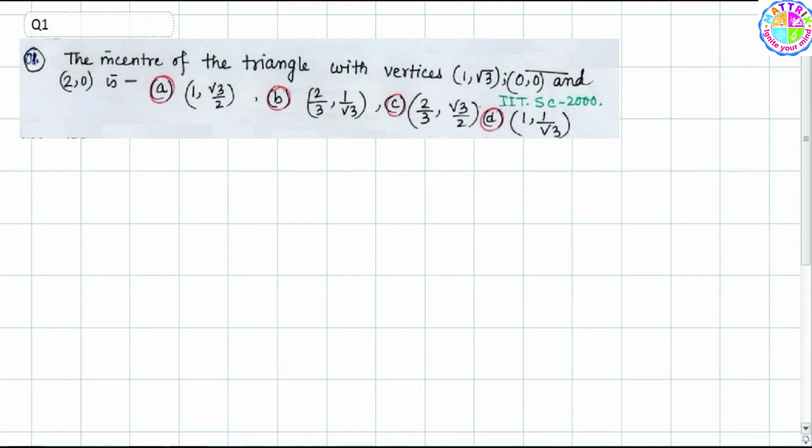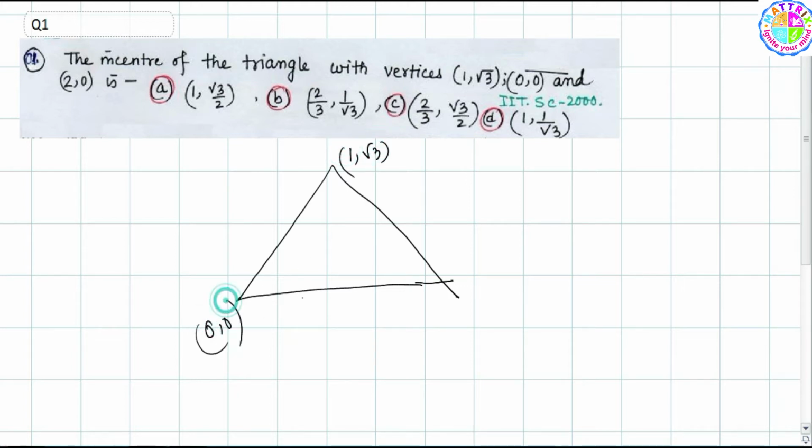पहले देख लेते हैं ये कौन सा वाले साल में आया था। आईआईटी का 2000 साल में जो स्क्रीनिंग टेस्ट हुआ था उसमें आया था। क्या करने के लिए बोला है, हमें एक ट्रायंगल लेने के लिए बोला गया है। पहले फर्स्ट वी टेक ए ट्रायंगल, ठीक है। उसके बाद पॉइंट्स दे देते हैं 1, रूट 3, 0, 0, वर्टिसेस दे देते हैं 2, 0, ठीक है।